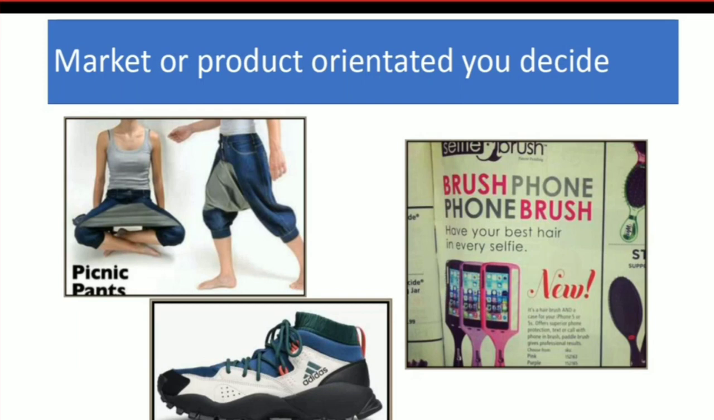Then comes the nature and the size of the market. What kind of business are we serving in? What is the nature of the business? Or what is the size of the business? Then comes the